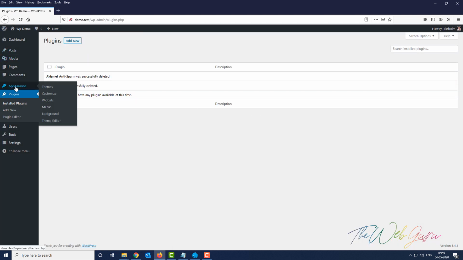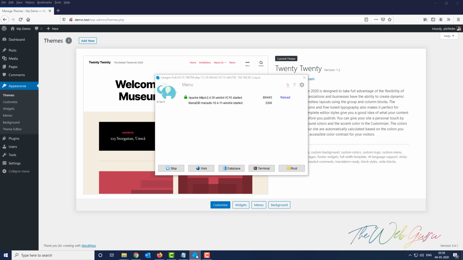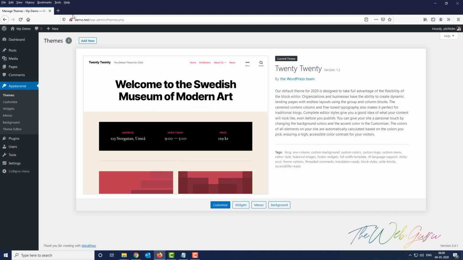So now we can go to appearance and themes. Here you can see there is only one theme showing, 2020. So here we are going to create our new theme. So till now we have used Laragon as our localhost server. We have installed WordPress using Laragon. Now I'm going to start another software,